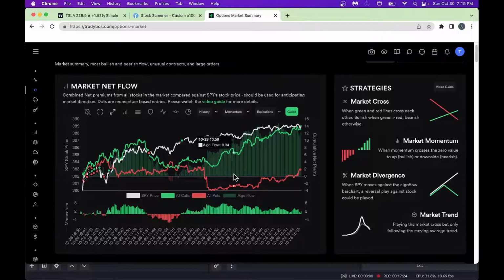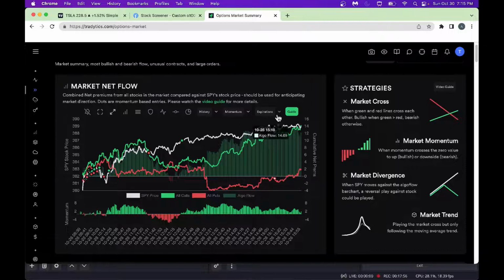As you can see, this is a one-day chart. By looking at this, you can make some predictions of how the market might do going forward. Right now we've got call options, and overall call flow is going higher. That's the good news. And we've got overall puts also going higher, but not as much, as you can see here. So by looking at this, you could make some prediction. There may be good times ahead going forward.